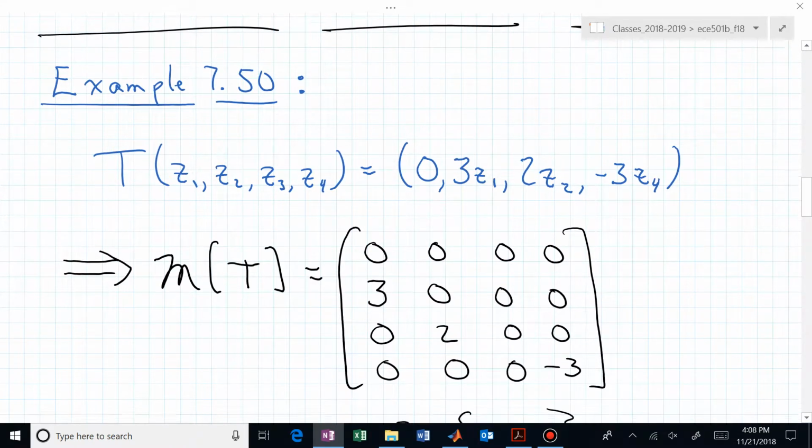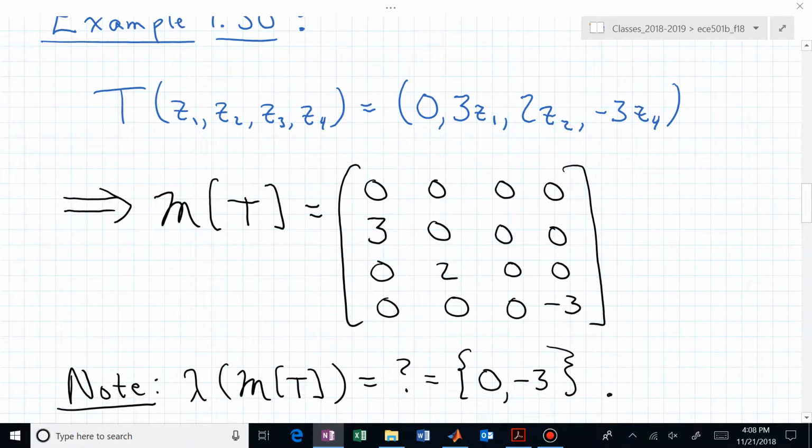It's example 50 in chapter 7, and it begins with the assignment of a linear operator T in a 4-dimensional space where T maps this 4-vector, z1, z2, z3, z4, into an output vector 0 for the first component, 3 times z sub 1 for the second component, 2 times z sub 2 for the third component of the output, and the fourth component of the output is minus 3 times the input fourth component